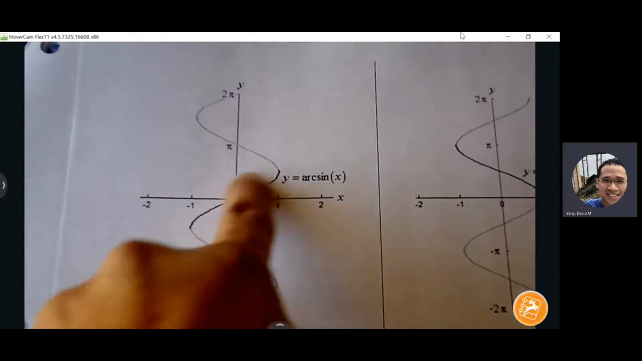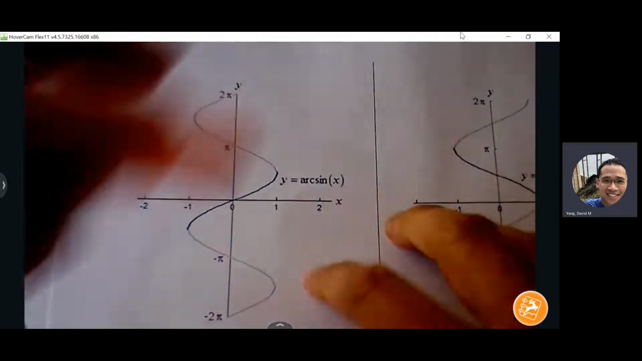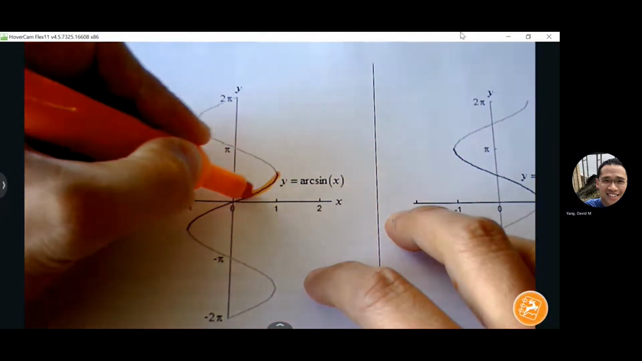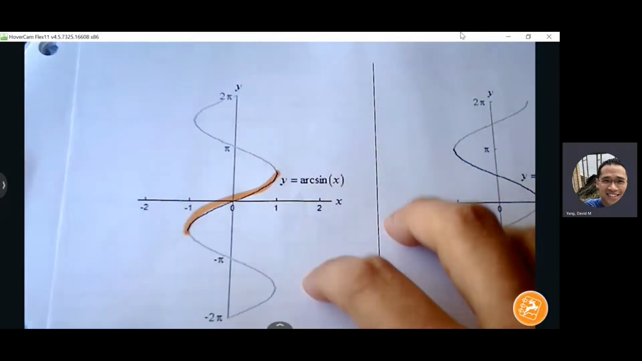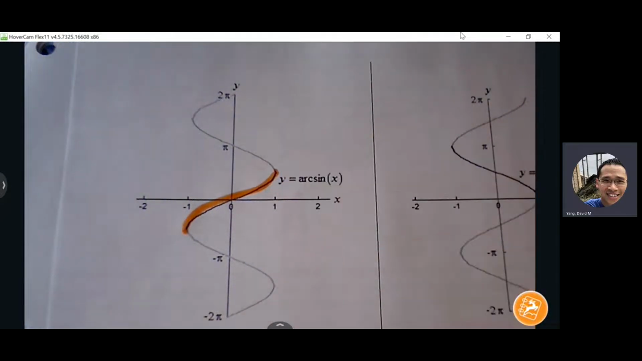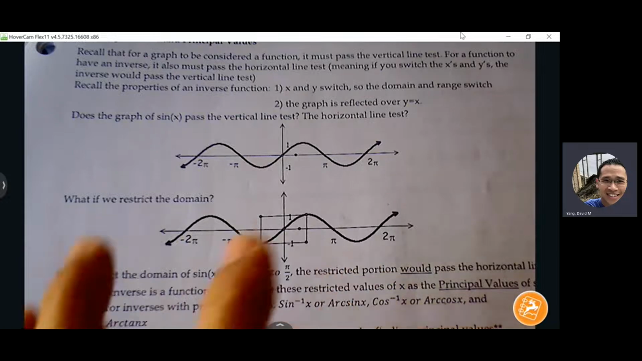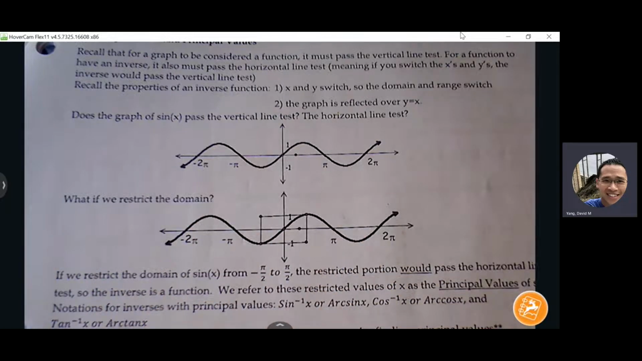And we can obviously tell that, okay, this is definitely not a function. But if we were to restrict the domain, meaning that we were to just show a portion of it, then this part would pass the vertical line test, right? Now, if we extend it any further, then it'll start backtracking and it'll begin failing the vertical line test. Okay. So that's what we need to do in order to make an inverse trig function a function,